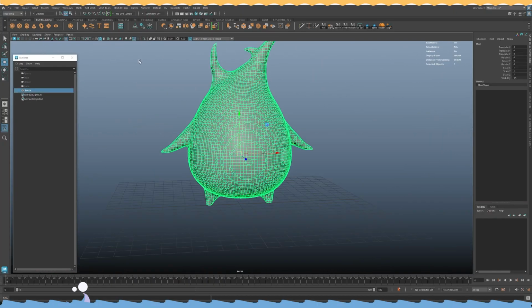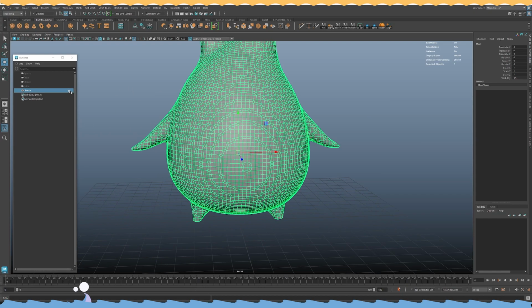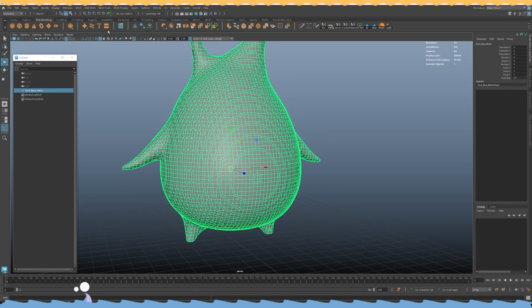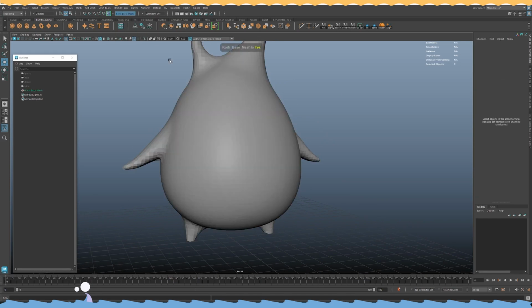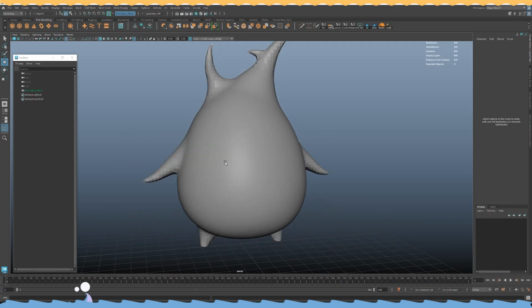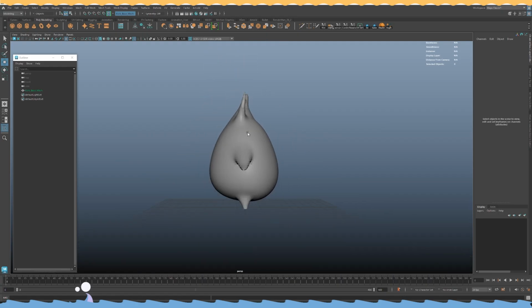So the best way to do that is by using a mixture of live surface, which we've gone into a little bit in other tutorials, but never much into great depth. So we'll start by doing this. We're going to just rename this as Korok base mesh, and then we're going to select our mesh, and then press this little magnet button up here, and what this will do is make it live. Essentially what that does is anything we do now will snap to the surface of this guy,